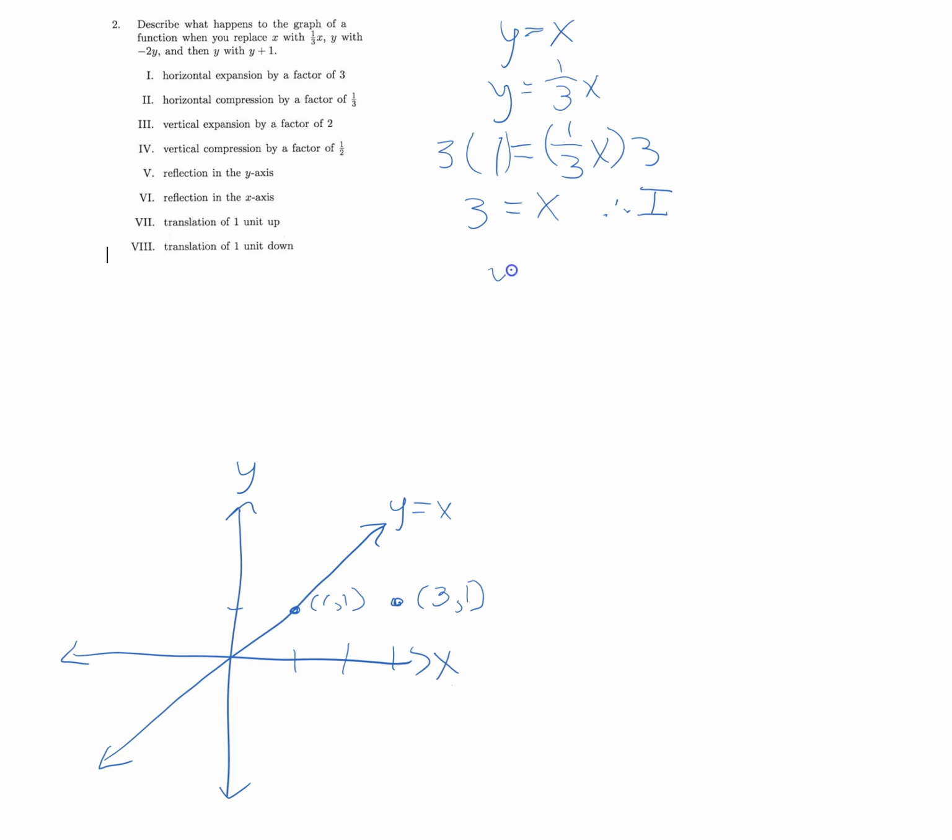So in this case, we're still going to start with our equation of our function y equals x. And I'm going to replace y with -2y. So in this case, I want to see what happens to my y value. So what happens vertically. So I'm going to keep x the same. So my x is going to equal 1. I have -2y on this side, and I'm going to solve for y. So that gives me y equals -1/2. So now my new point is